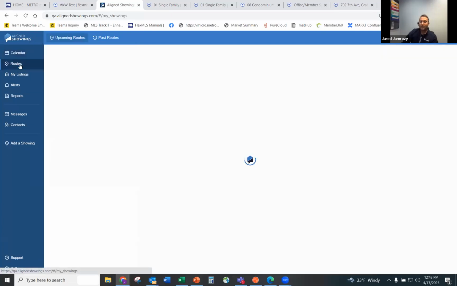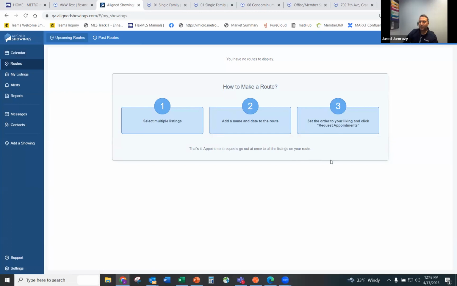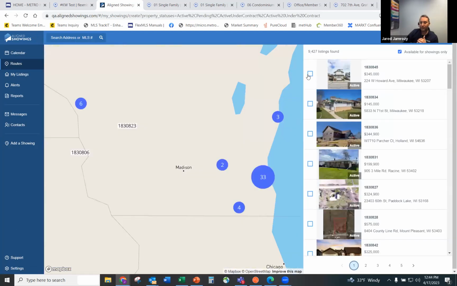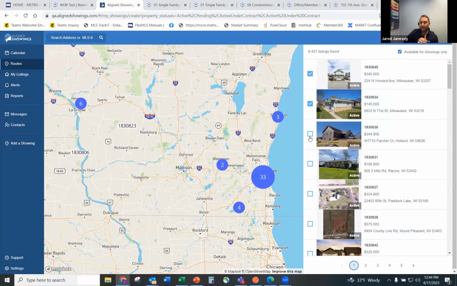It also gives me the option, once I have my properties input here, to reorder them, and it'll allow me to set up routes, with a calendar that shows me different time frames. So I'll be able to drag things around. Let me grab a couple of properties here. I can add these to my route,